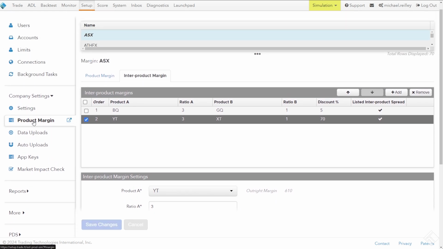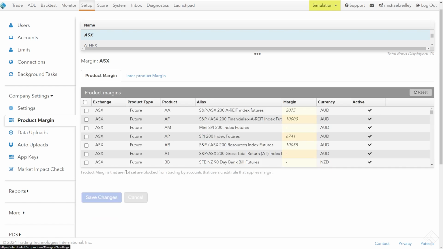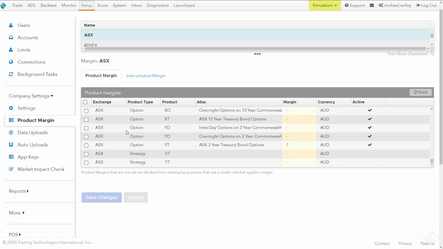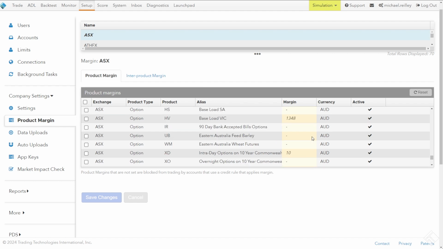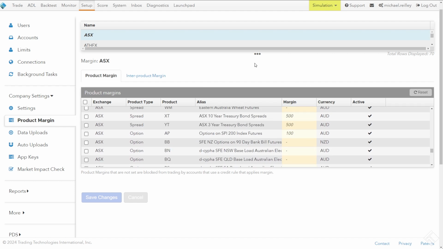Now, if we go back to the product margin tab here, we'll notice there is a very long list of products. And again, going in there and manually entering these values is not terribly efficient. So generally speaking, a lot of the exchanges can provide a file of the products that they are going to have, and then this file can be somewhat modified so that we can upload it directly into TT, and then hopefully save some time in making those modifications in case there are any changes by the exchange on their margin rates. So that's going to take us into our next section here, which is going to be data uploads